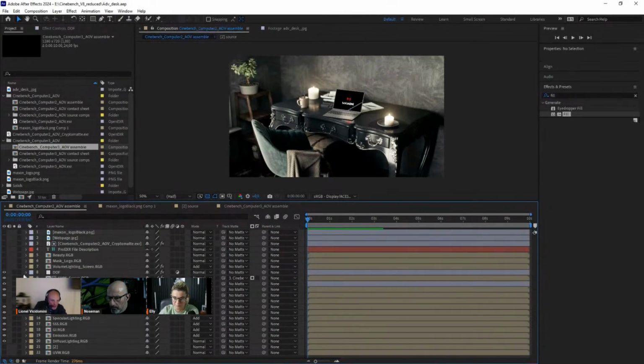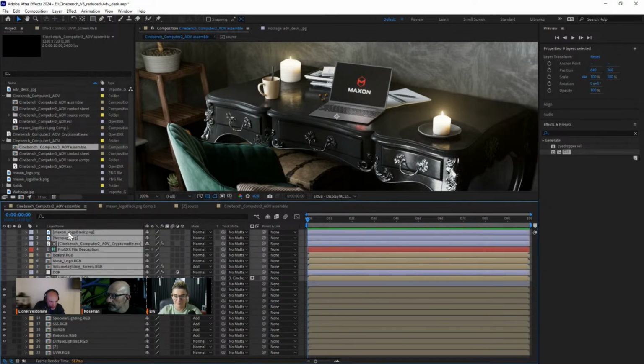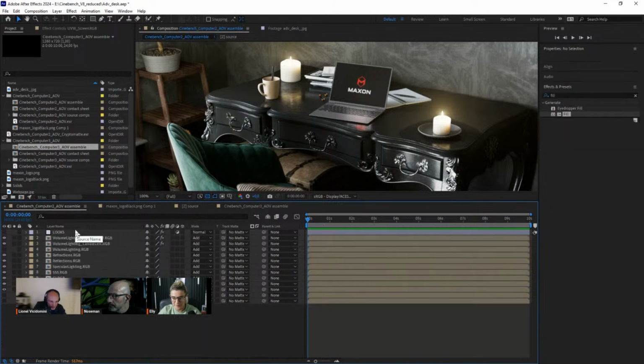Okay. And let's deactivate all this. So this is our render with the Maxon logo on top of it. Now I'm just going to delete this to start back. Okay, inside here we have our